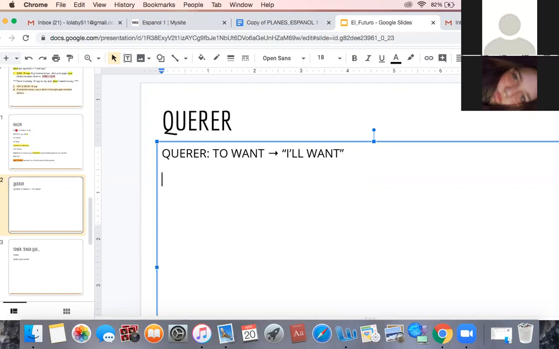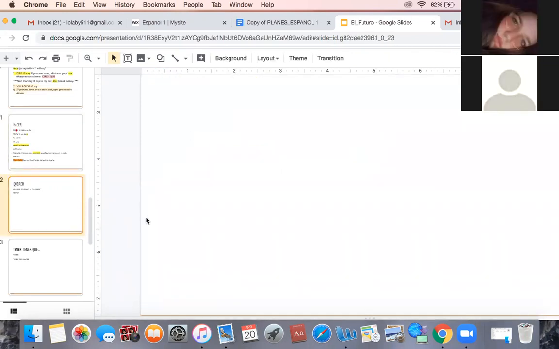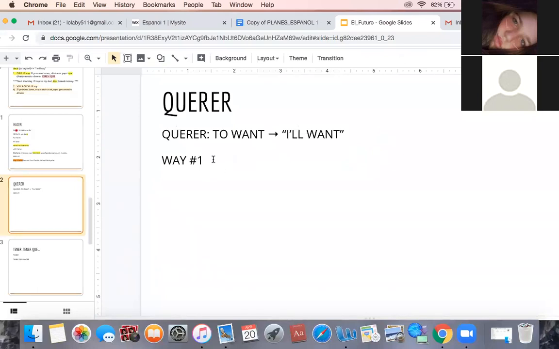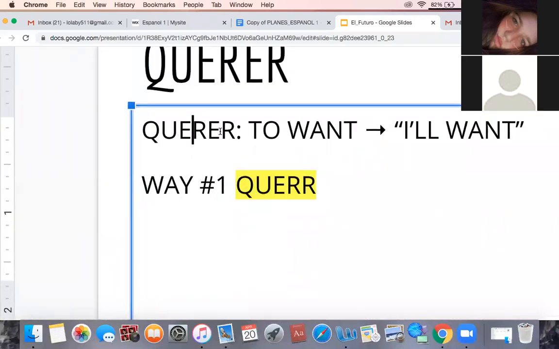Now, way number 1, again, número 1, is the normal conjugation. And in this case, wait, there it is. Aquí tenemos que tornamos la palabra like that. Okay, so this is kind of your new root. So all I did in the original was take out this E. I deleted that E.